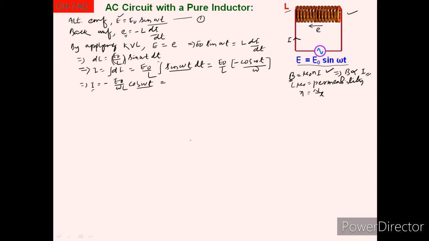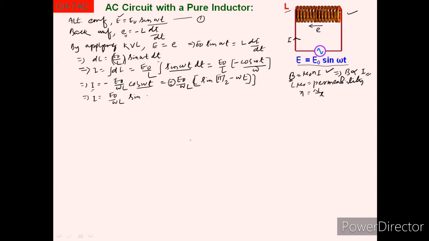This can be written as minus E naught by omega L, then cos theta is equal to sin of pi by 2 minus theta, so it is cos omega t equal to sin of pi by 2 minus omega t. And when we multiply this minus sign with the sine function, we get I is equal to E naught by omega L